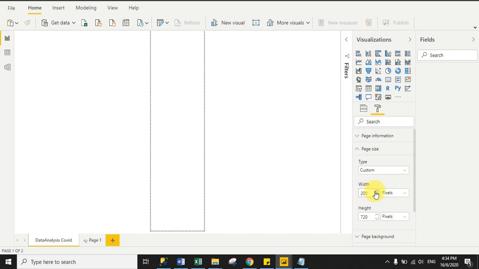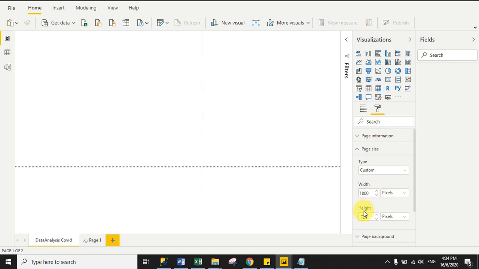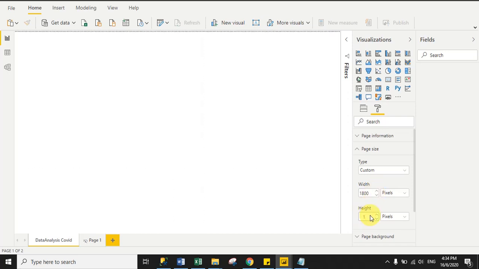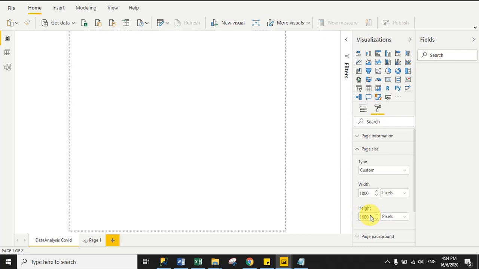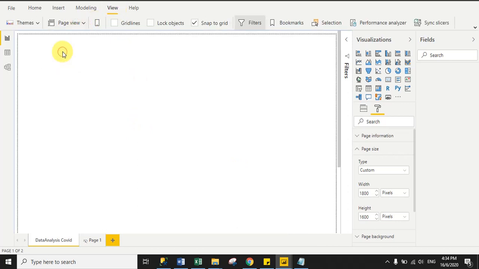So I give 1800 and I give height 1600, right? And then go to the view tab and click page view and select fit to width, right? So the first step has been completed. Here I set the page size.